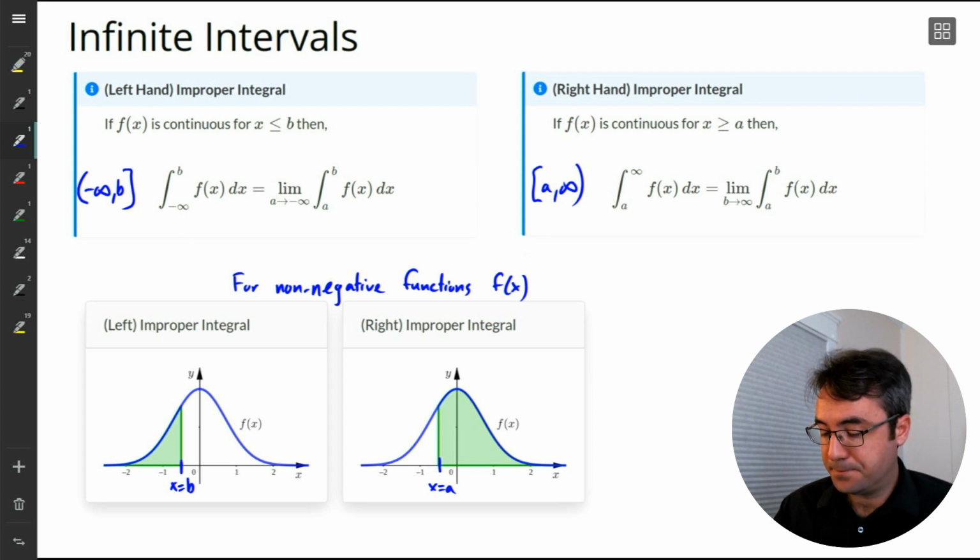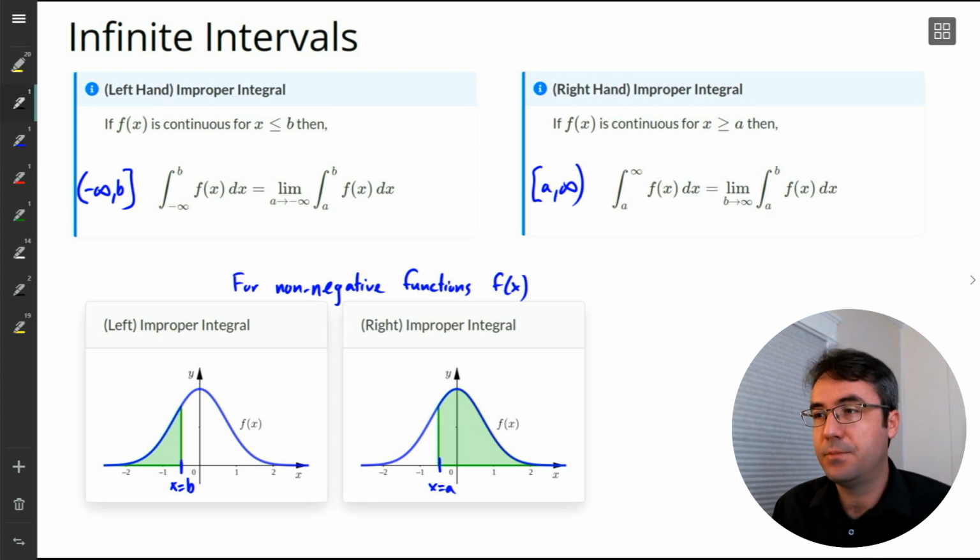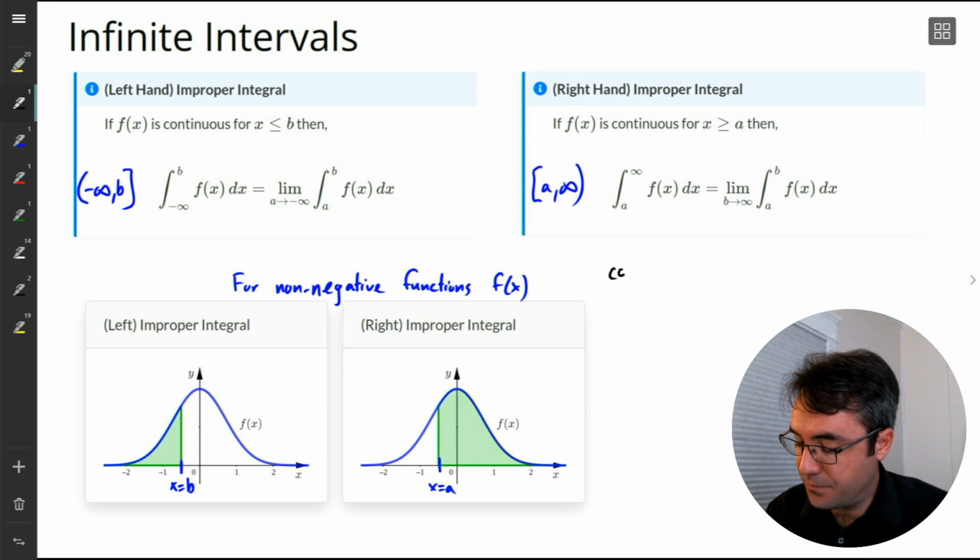All right, so we can think of these in terms of area, and we also use that terminology convergent and divergent. So, we also said convergent if the limit exists,